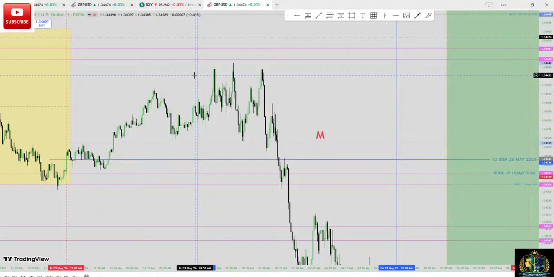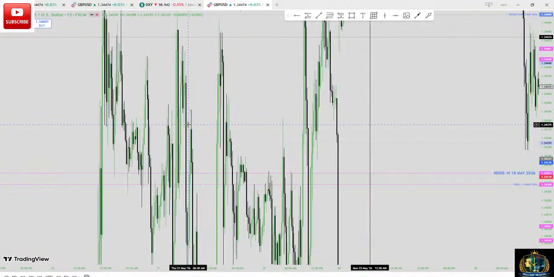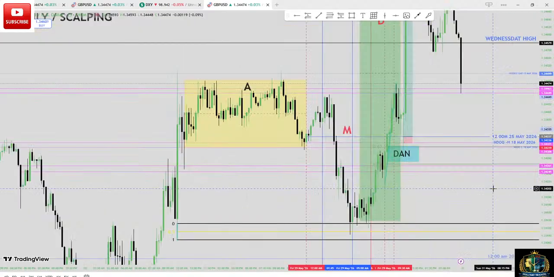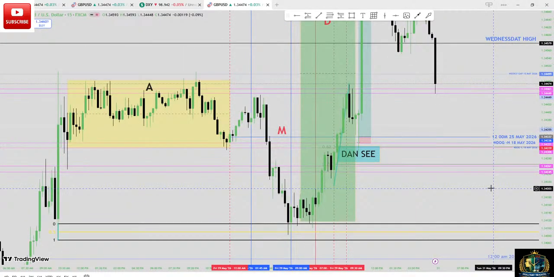Whenever you are trading, I always say this, if you always stay on 1 minute time frame, you are going to be blind. What does it mean to stay blind? All these kinds of back and forth, going up, going down, you are not going to understand them. But if you move to a higher time frame, or if you change time frame, you understand what the market is trying to do. That is why I always say try to change time frame and know what the high time frame is doing. When you understand what the high time frame is doing, you are going to understand where to pick a trade on low time frame.